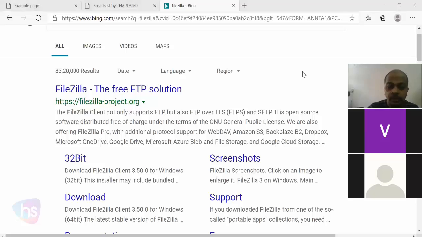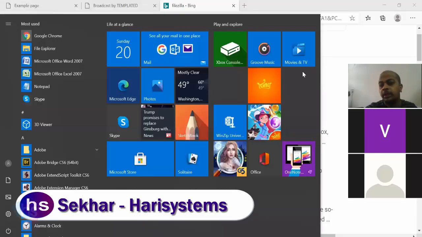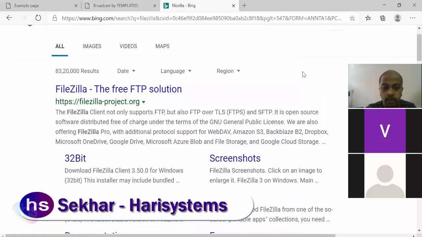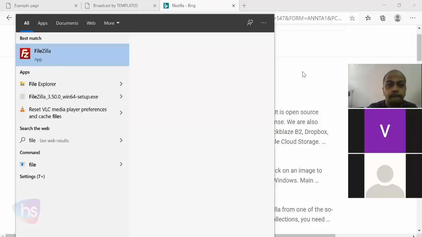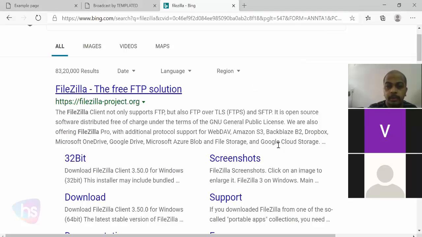See, once it is downloaded and installed, you will get an IP address and credentials from your hosting server. From that, what you do is open FileZilla. Yeah, go over.